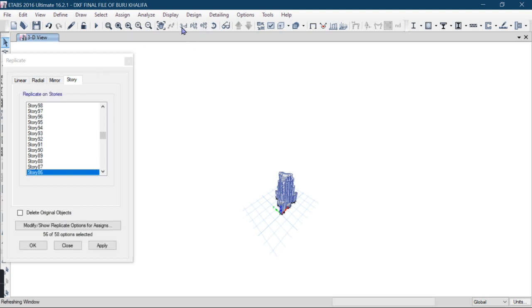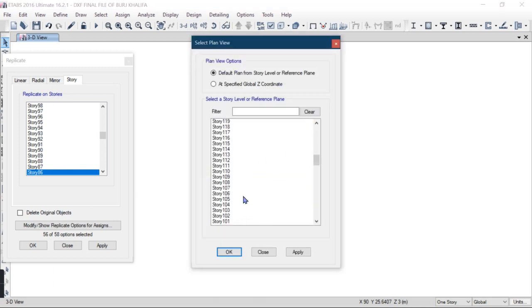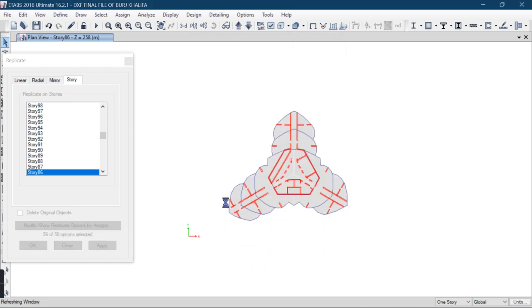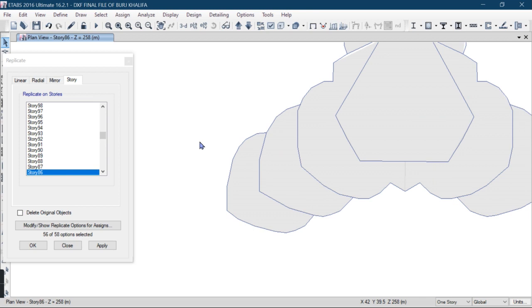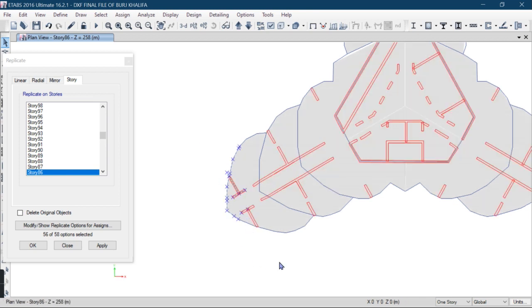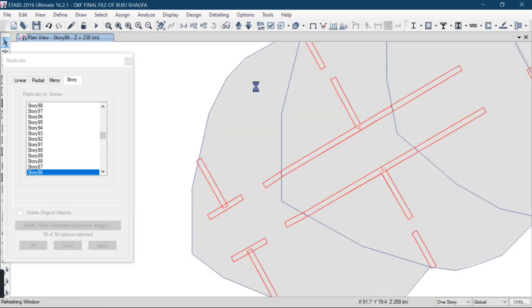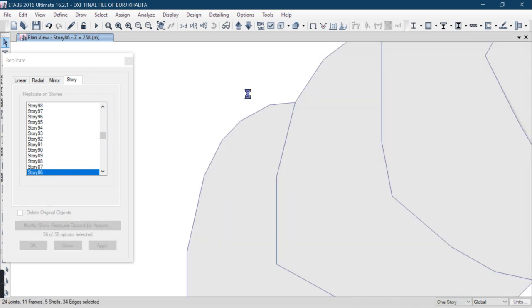First you have to go to this plan here. It is rendering because it's a very big file. Go to the 86 first, and now you have to remove this wing from here. First remove this wing, and after that we will check whether we are going the right way or not. We will check in the AutoCAD file that I have made.